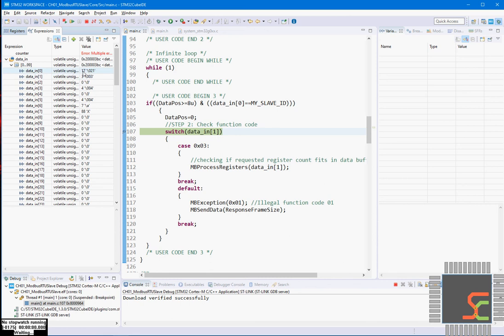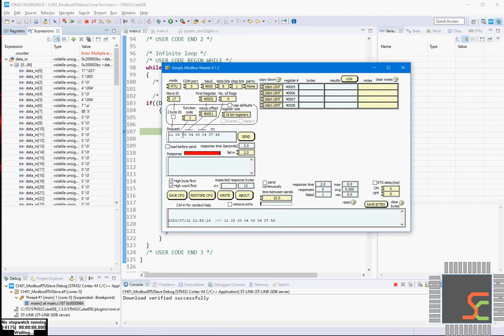We received 17 in decimal, that is our slave ID. In the second index, data in 1 is 3, function code 3. In the third index it is 0. The fourth index value is 4. In the fifth and sixth index is 0 4. In the last two index 0 7, yes it is 7.